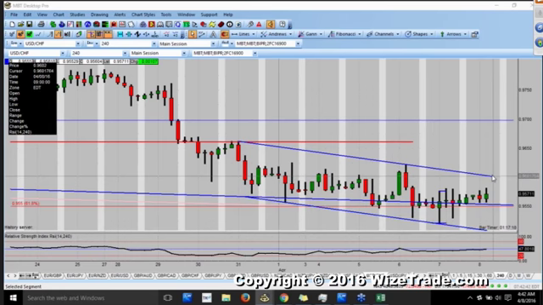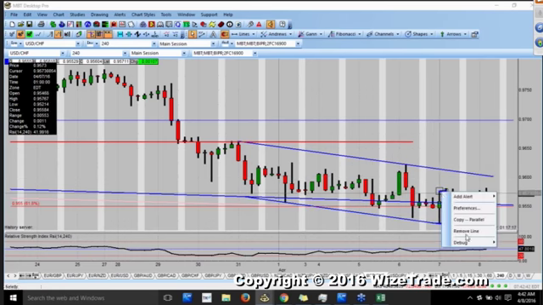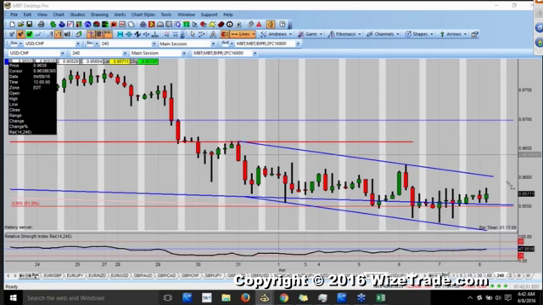Okay, so if we manage, and let me get rid of this one, I don't need that anymore. So if we manage to take out this 96-cent level here, that would be pretty bullish. As a matter of fact, if you're thinking along the same lines of the euro, if the Swissy takes out 96 cents, that probably suggests that the euro dollar is dropping below 113.30. Okay,